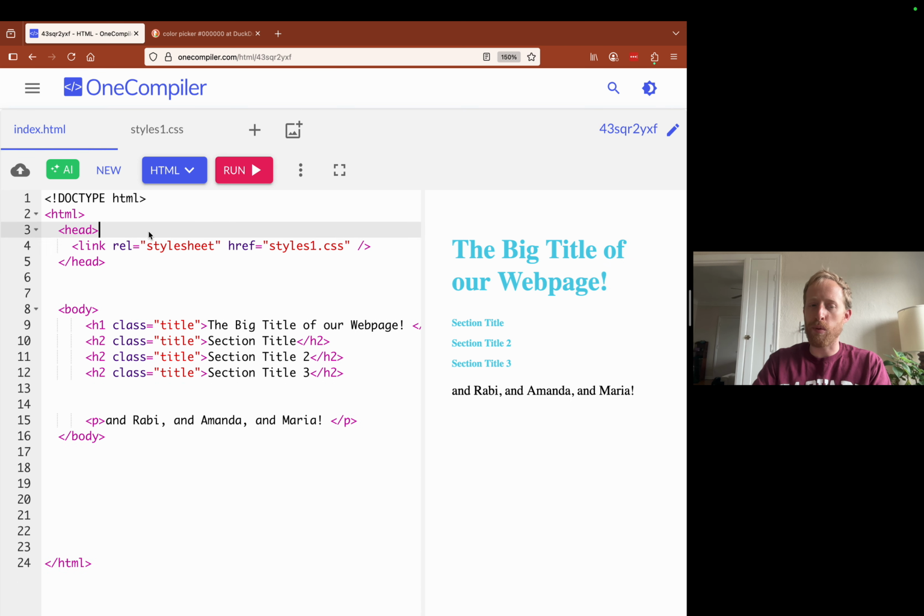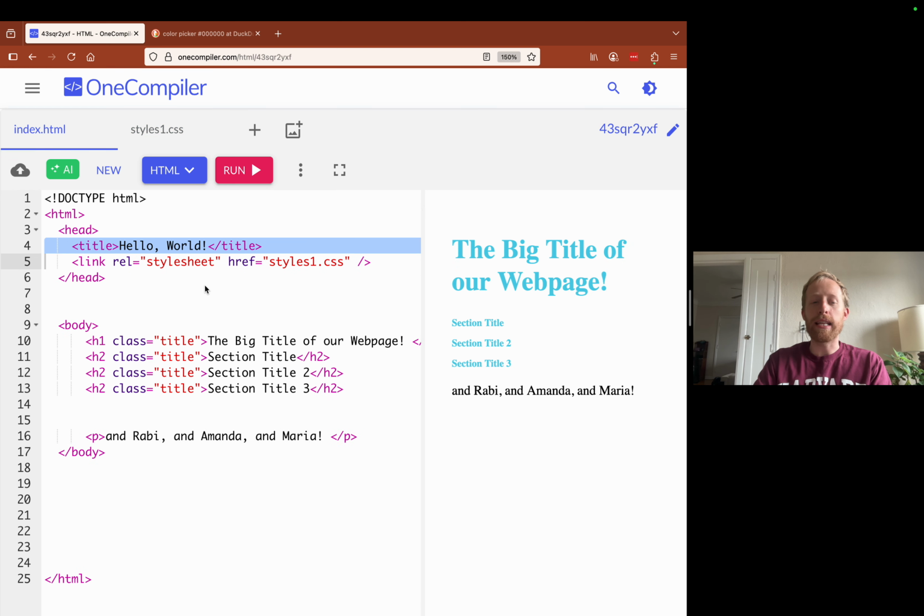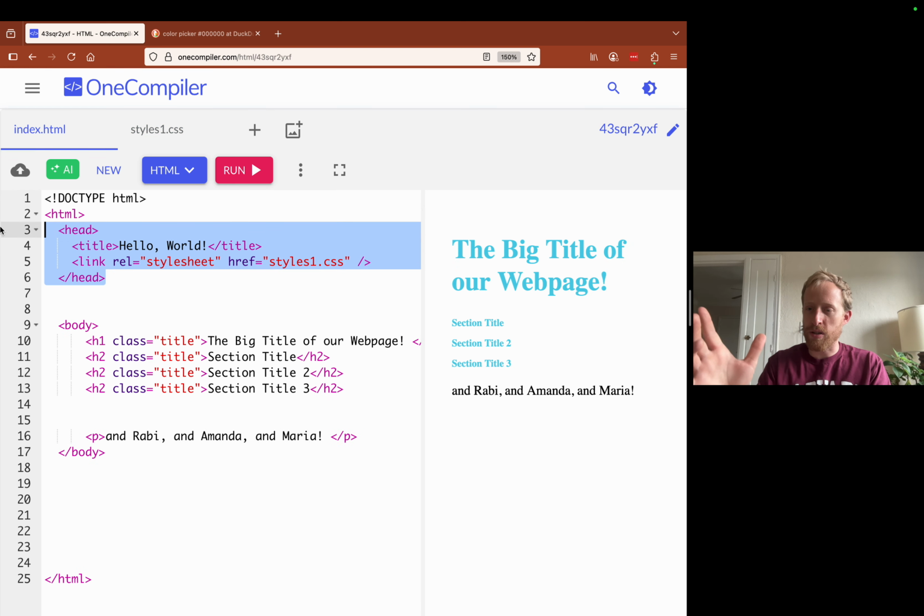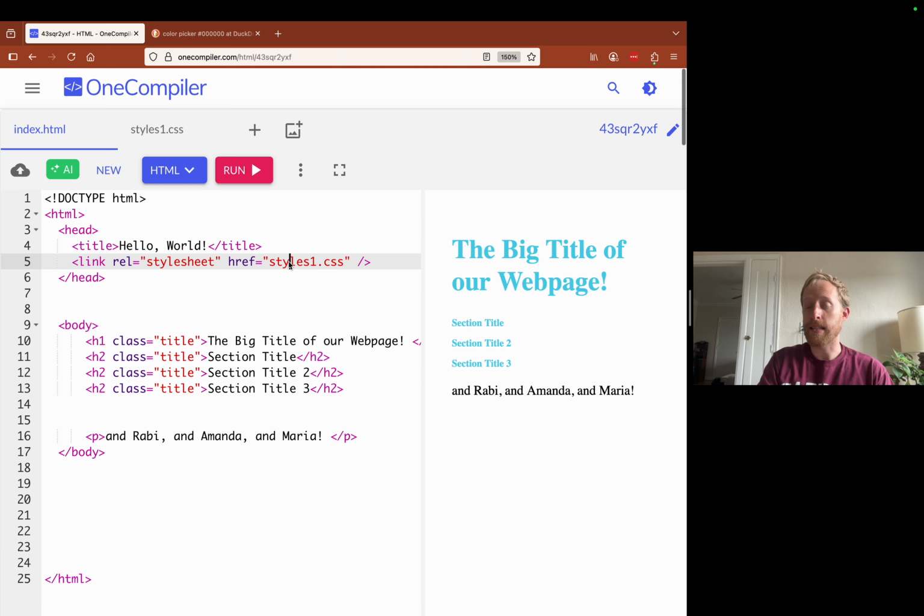One thing that is important is that it does link to this style sheet correctly. But this is not really the structure of our web page, right? This is metadata, high level information that is important that the computer receives to know, okay, this links to the style sheet. But it's not really the structure of our web page. So that's what we usually put in the head section.